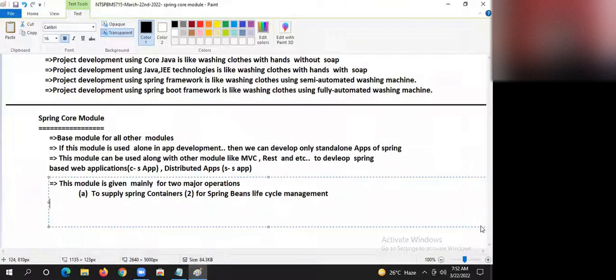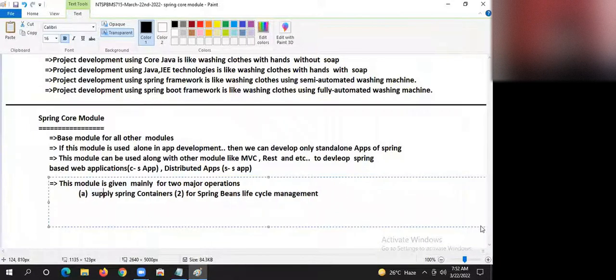Similarly, once you give a Java class to the Spring container as a Spring Bean, loading that class, creating object, managing object, calling various methods on that object, destroying object, everything will be taken care of by whom, guys? Spring container.